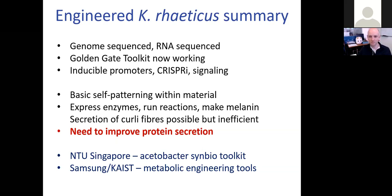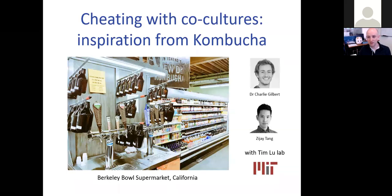But I mentioned earlier, we also work with yeast, and yeast has given us a way to cheat this protein problem. Okay, and the inspiration for this comes from the food and drink industry. It comes from kombucha, which is where we originally isolated our bacteria from. My PhD student from a few years ago, Charlie Gilbert, along with a PhD student in Tim Liu's lab at MIT in Boston, USA, thought about this problem and realized that kombucha,